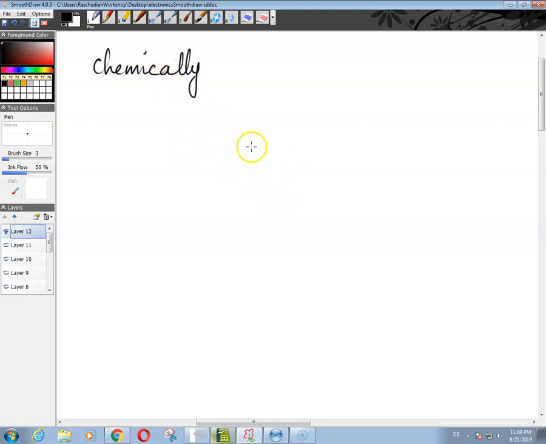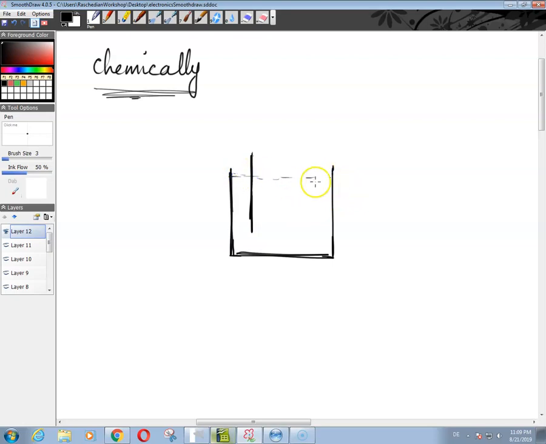You can think of a battery as a vessel, and there are two electrodes in a battery. There is a sheet of metal over here, there is another sheet of metal over here, and inside this vessel there is some sort of